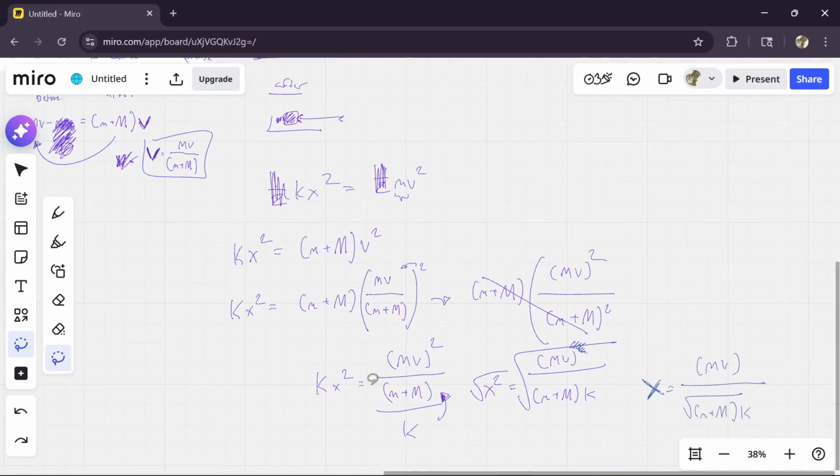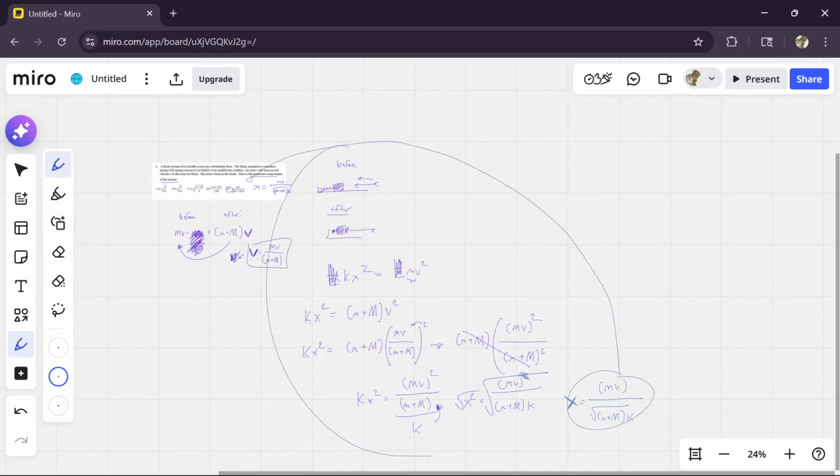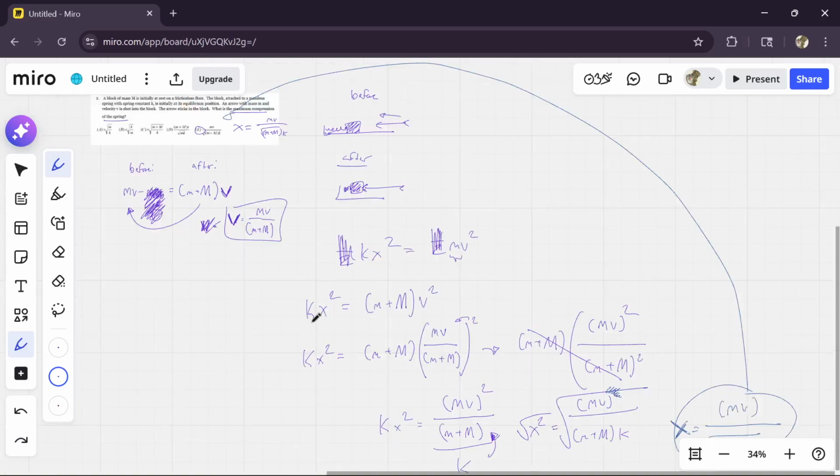Oh my god. This is so stupid. This is the answer for that, and we have to do all that. I mean, I did write big to be fair. But